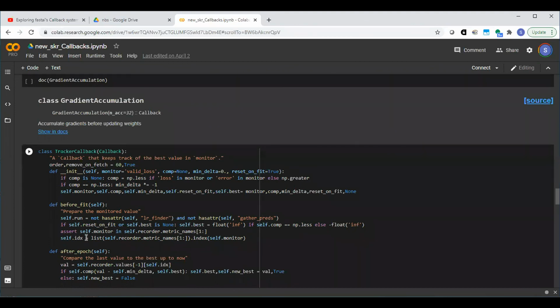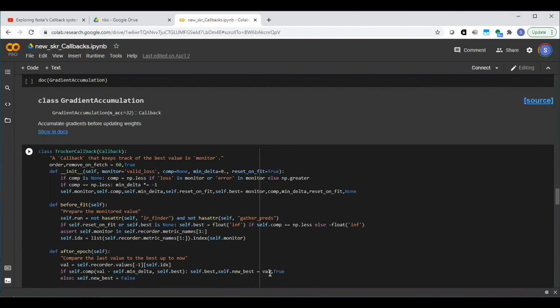And then track the index. Then after the epoch is done, this is where we actually want to do the comparison. So we store the value of the last record of values at the index into value. And then you say if self.compare of the value, and of course we say minimum delta because we are comparing floating point values, so we make sure that a specific delta is specified. And if the value is within min delta of self.best, then depending on which direction we want,